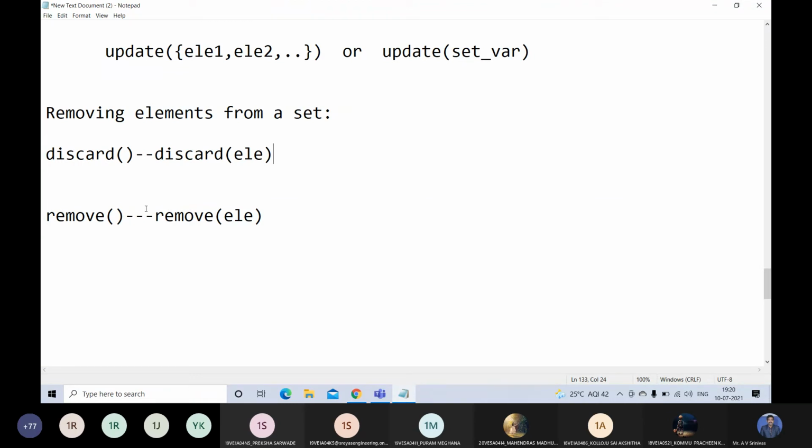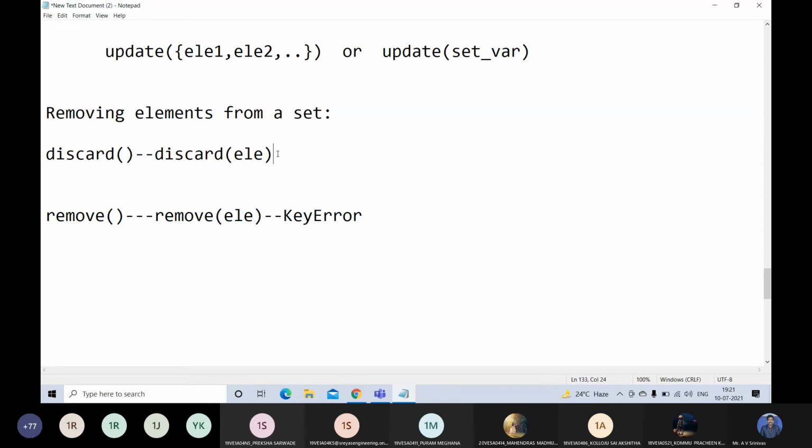Discard and remove both are for the same purpose, but the difference is if you are using the remove method and passing an element which is not available in the set, then it gives a key error. Whatever element you are passing here, if it is not present in the set, it will give the key error.